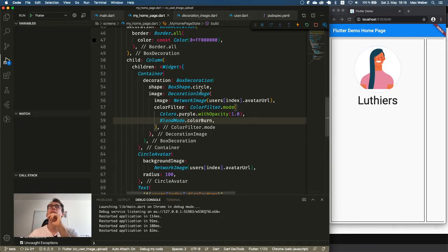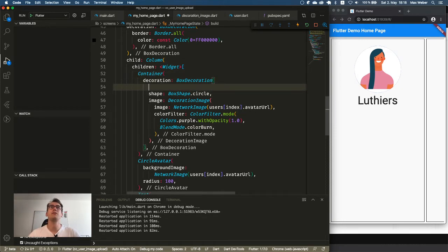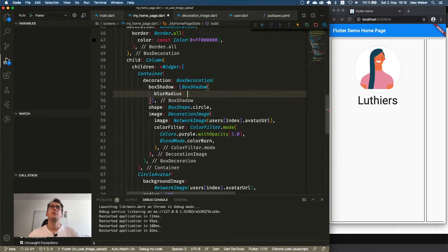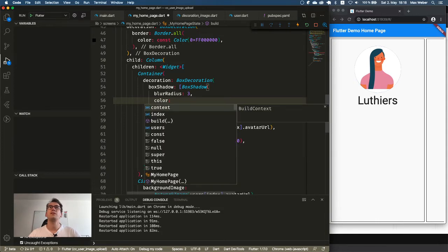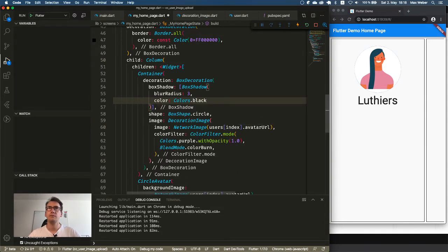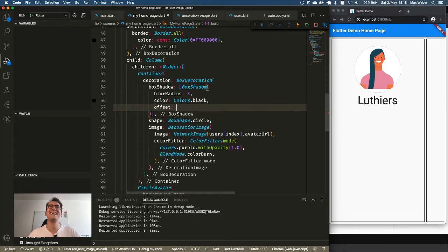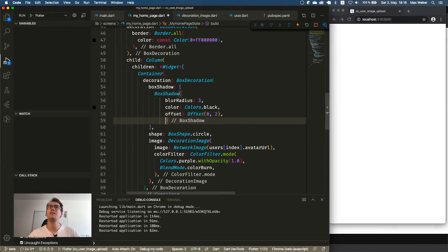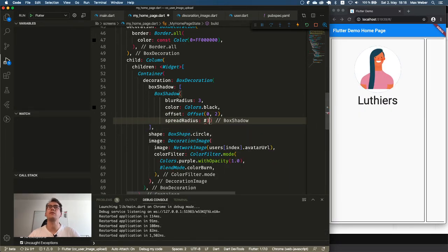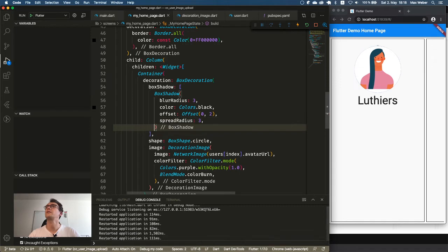I don't understand why the box shadow was so weirdly aligned, right? Because when we take a look into the box shadow, we get this gray weird area that I just recreate for a second. So Colors.black 0.2. And what was the other thing? I think spread radius is 3. So now you see, we have that box shadow just on top of the hair right now. I don't really understand why.